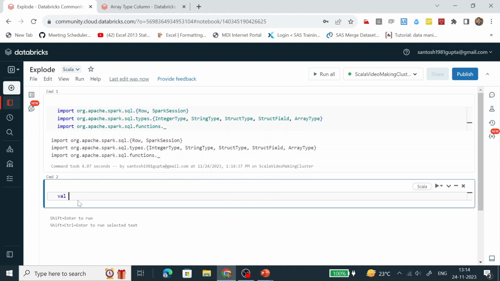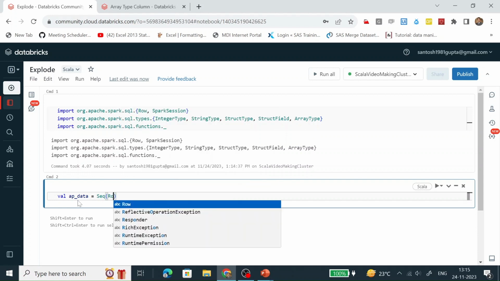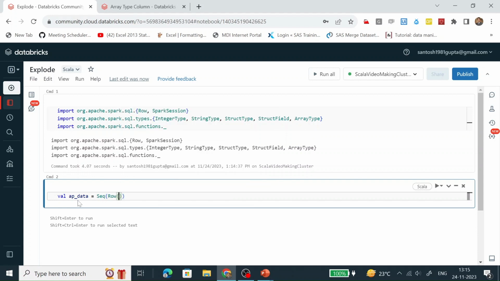Now let's create an object which will hold the data. It will hold the data with the help of a sequence, and we are going to store 3 row objects in it. This is the list. In one list we are storing three objects, and in this list we are storing two objects.